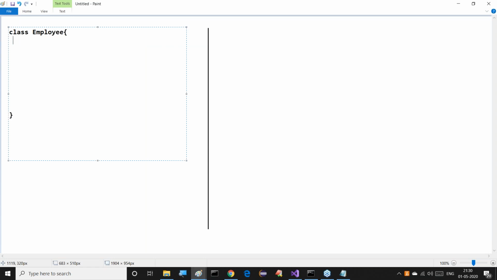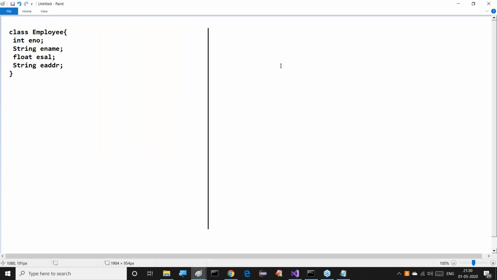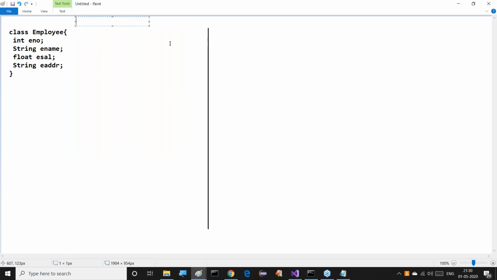Inside this class Employee we have int eno, String ename, float esal, and String eaddr. This is a class in the object oriented data model.